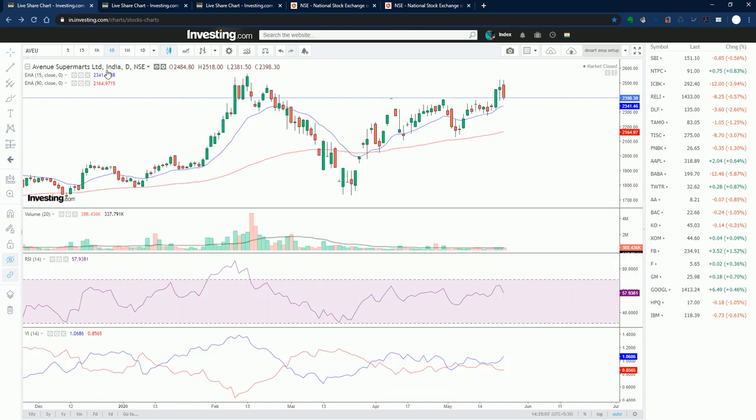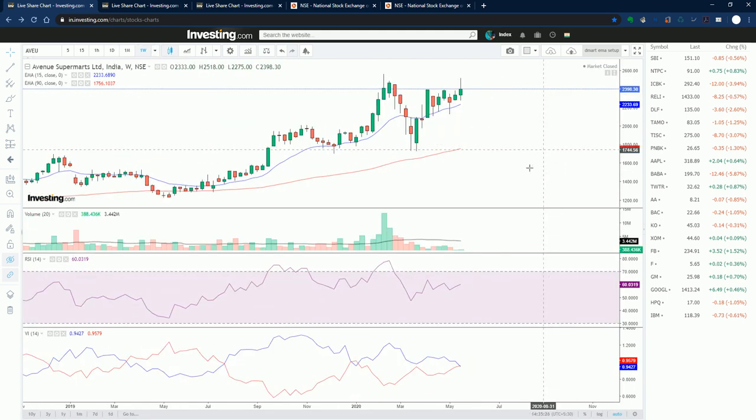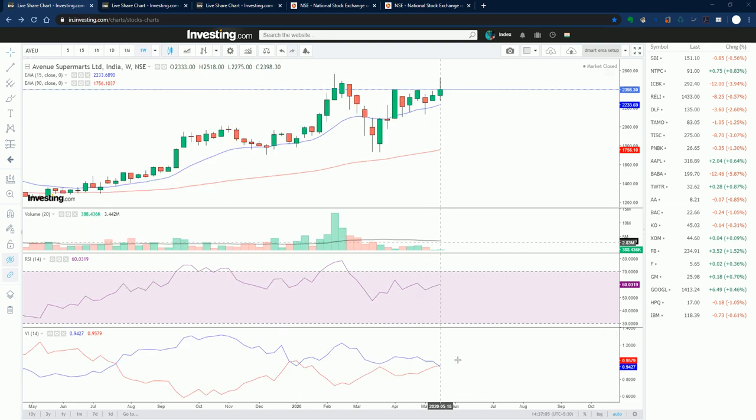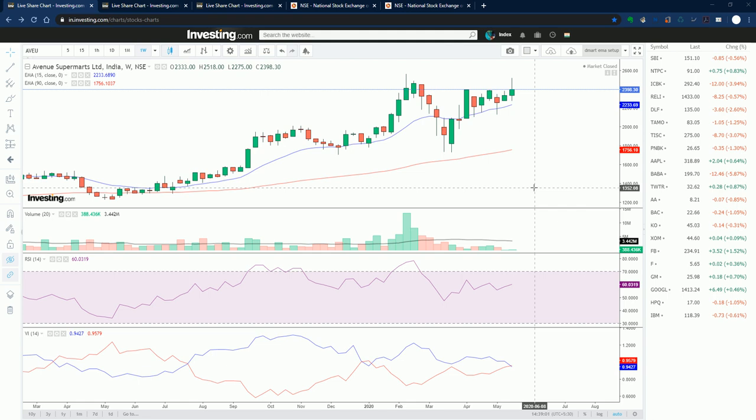Also look at the weekly chart of it. Since we always look at the day chart, but this stock is more of an investment point of view, people invest in this stock, so we'll look at the week chart here. In the week chart we can see that the vortex is making a crossover, which confirms a bearish signal. The strength is not there, that is what is visible here. So both time frames are confirming there is less momentum in the uptrend. That is what is seen in the charts.